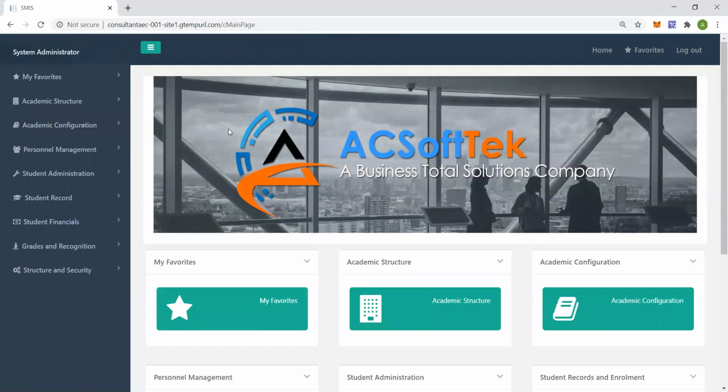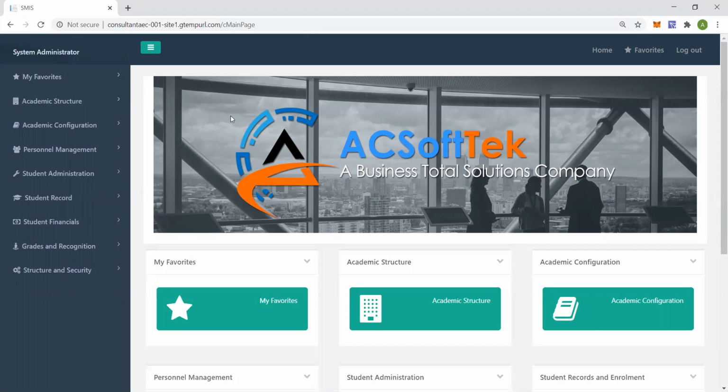Okay, so this is our main page for the Student Management Information System admin, where faculty and staff can set up all the information needed to interface with the students. This includes information about the schools, how the grade levels and how the subjects will be defined. For today, I will discuss just the overview of our